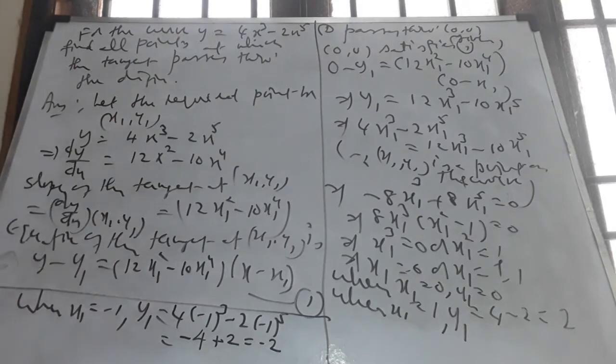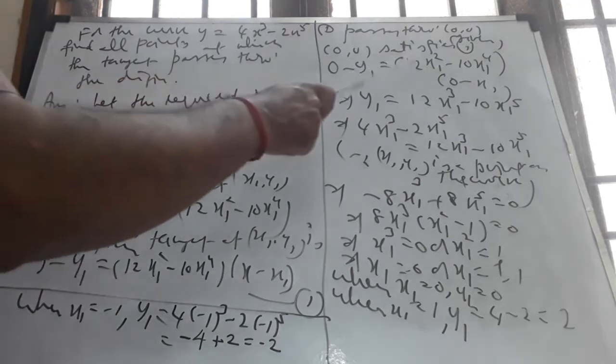Therefore, wherever I come across y, I will replace it by 0, and where I come across x, I will replace it by 0. Don't ever assume I am supposed to replace x1, y1. x1, y1 are constants in this case. Only the variables here are x and y. So instead of x, I should write 0, and instead of y, I should write 0.